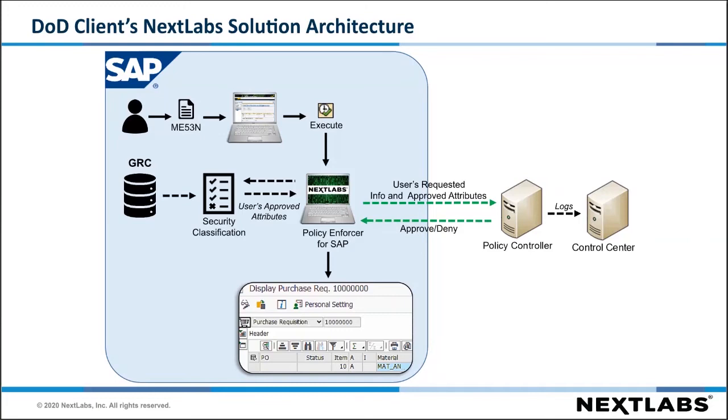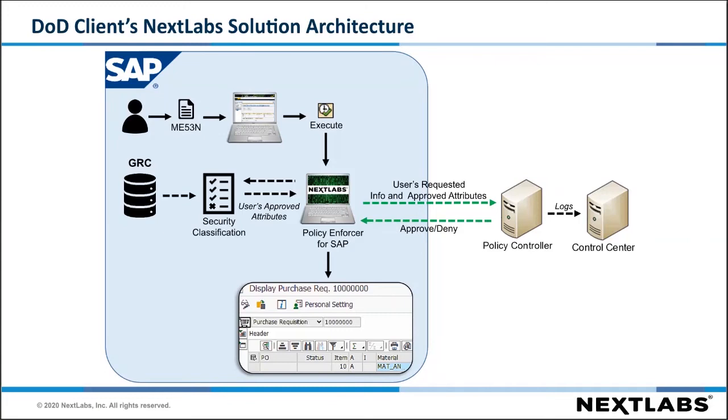Because ours pushed from GRC, which was a big selling point for us, we stored those in the security classification table, but that can be configured a number of different ways. So that you would pull the user's attributes, and then you'd go to the policy controller to have your policy determinations made there. So what happens there is, this is what Norv was referring to when he was talking about